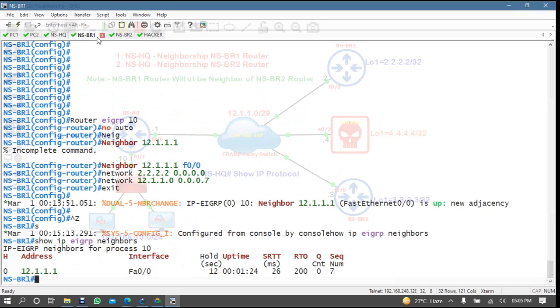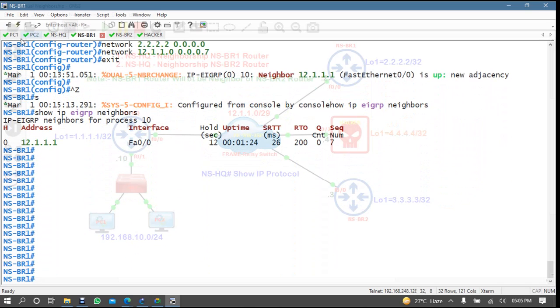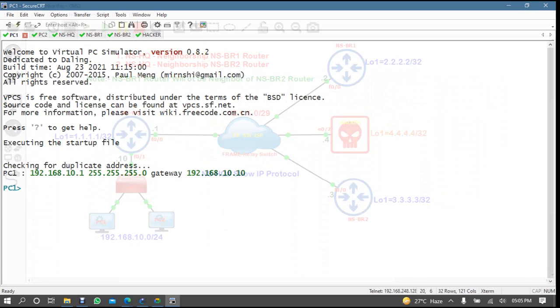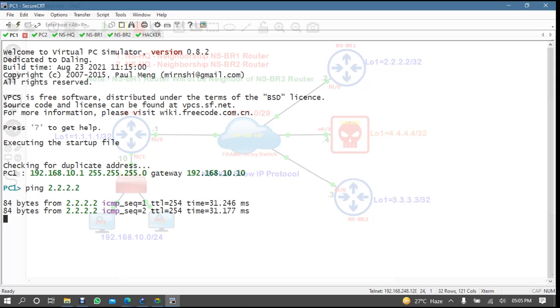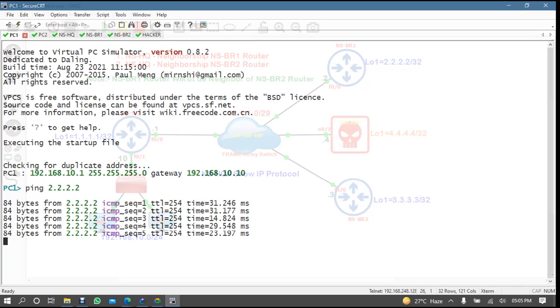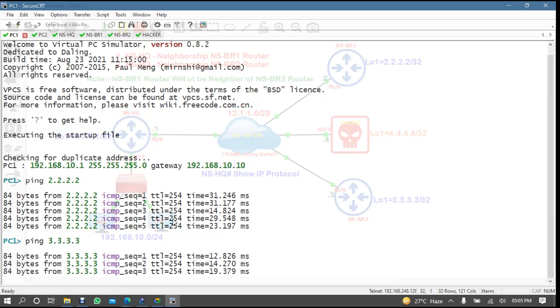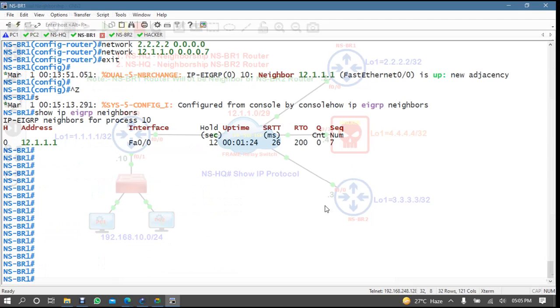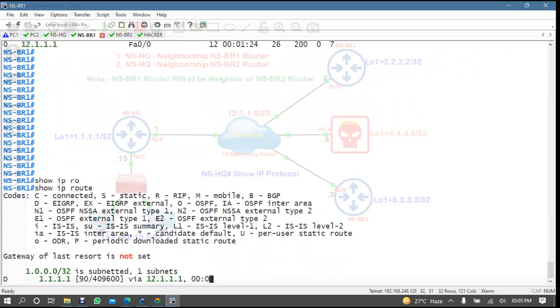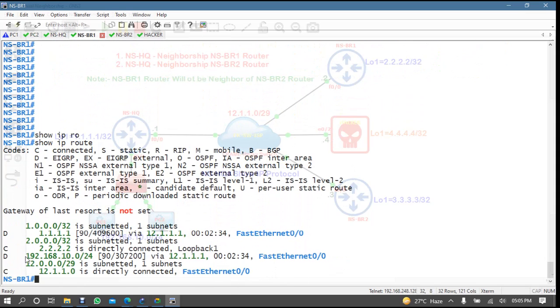Now if you're coming to your branch, before coming to branch, if your headquarter PC will try to communicate with 2.2.2, branch communication is there, no problem. Then you'll say okay, ping to 3.3.3.3, communication is there, no problem, right? And if you are coming to branch to check here, so IP route,